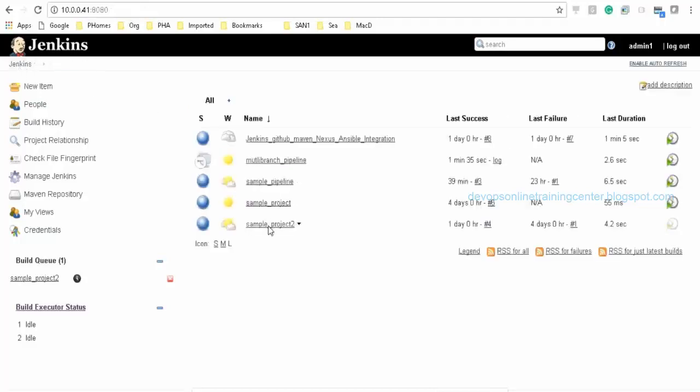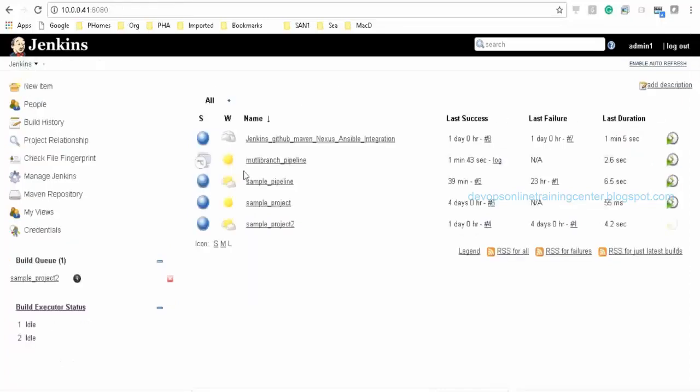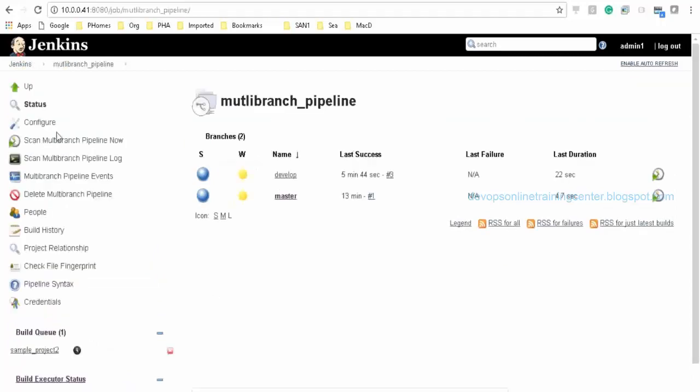Let us say backup is taken. Now I'll go ahead and modify something. Let us say the multi-branch pipeline will be modified. Multi-branch pipeline is there. Configure.